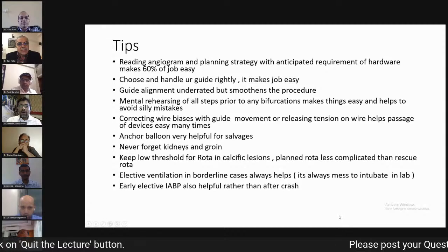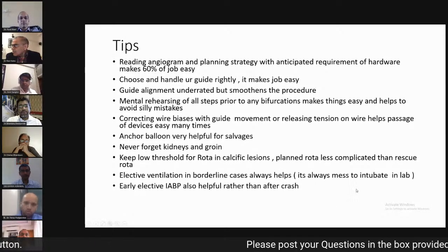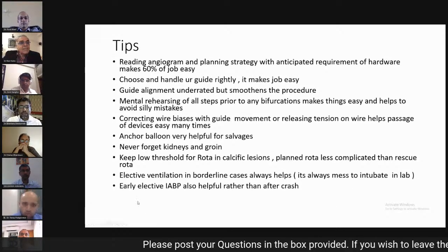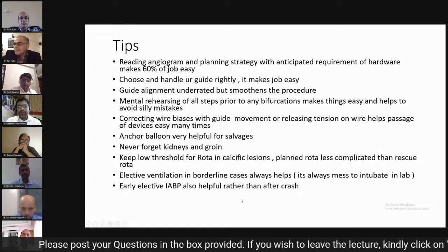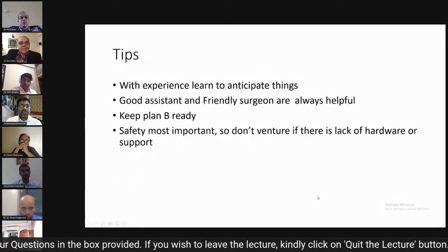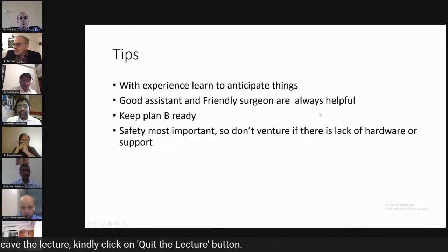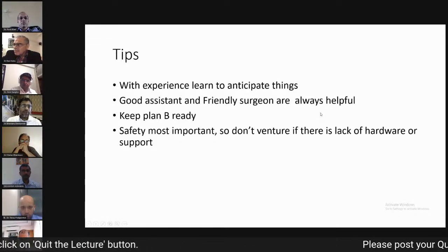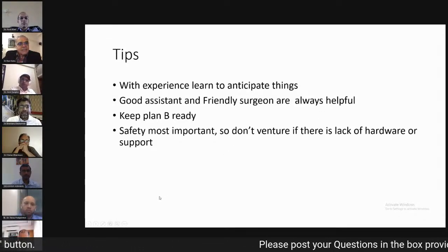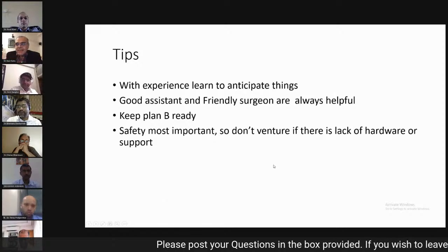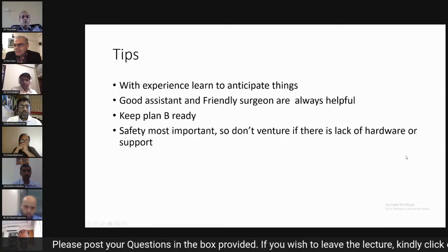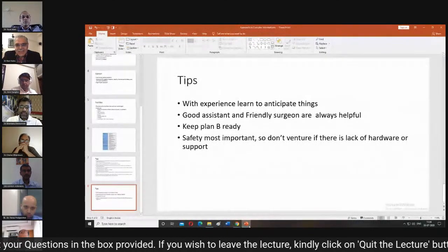Elective ventilation in borderline cases always helps. It's always a must in labs. Early and elective IABP is also helpful rather than after a crash. With experience, learn to anticipate things. A good assistant and a friendly surgeon are always helpful. Always keep a plan B ready. Safety is most important, so don't venture if there is lack of hardware or support. So with this, my brief presentation,